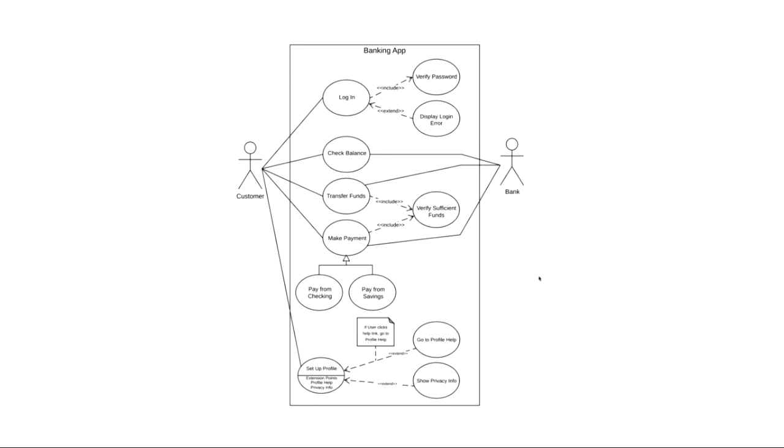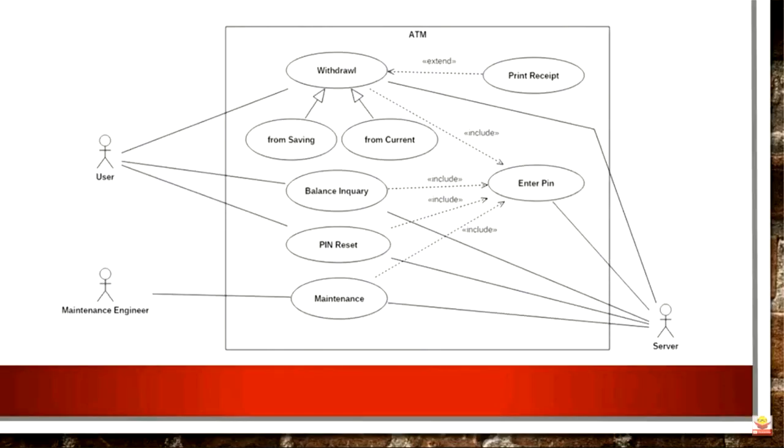Let me show you one more diagram, the last diagram for today. This is another use case diagram. Now tell me, what are the primary actors and what are the secondary actors here? Fast. This is a diagram for the ATM transaction machine. What are the primary actors, what are the secondary actors? Okay, you think.